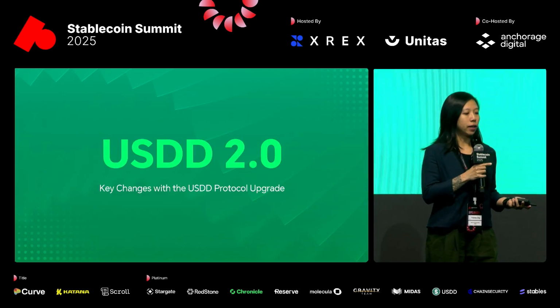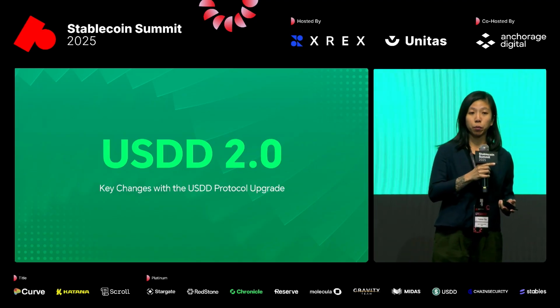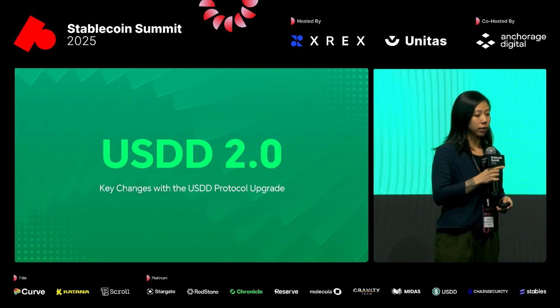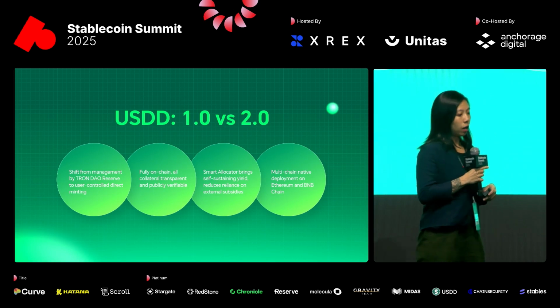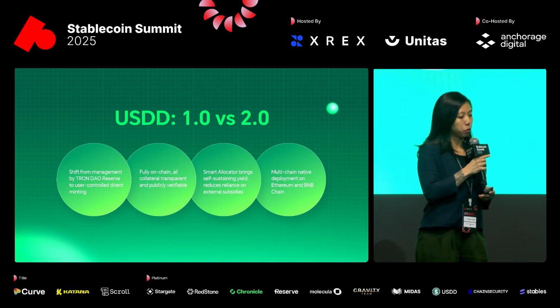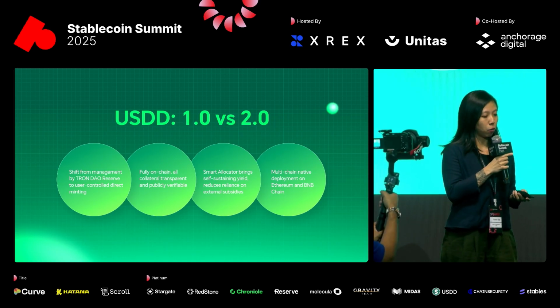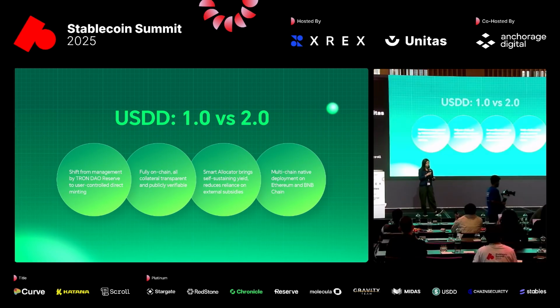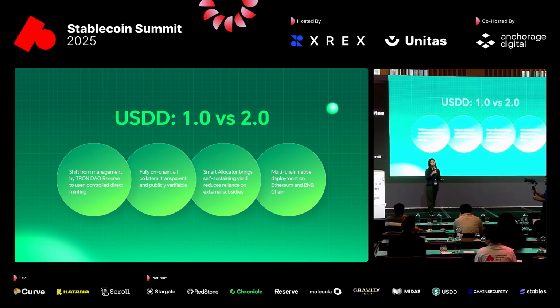Now let's talk about USDD 2.0. So in light of the stablecoin transformation comes USDD's own little transformation as well. Our protocol upgrade in January this year brought about various key changes. We have four that I want to focus on today. So firstly, what's new with USDD, right? One of them is that in the past, USDD old or USDD 1.0 was managed by Tron DAO. In contrast, USDD 2.0 gives full control to the users, so living up to our name, decentralization. This empowers users and it also strengthens the decentralized governance framework.